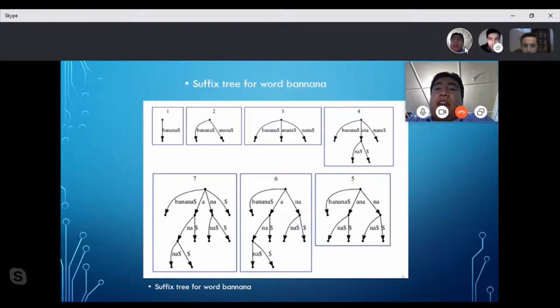Okay, in the first image, I see the word banana, and now we erase the first letter, and the new word is anana. This is the second branch of the suffix tree. This is in image 2, and now with the new word anana, I erase the first letter